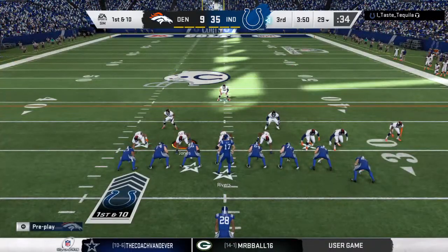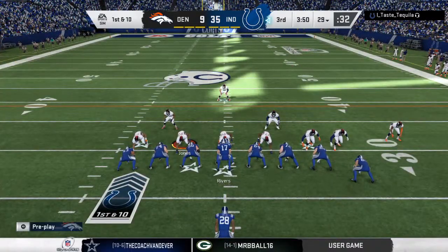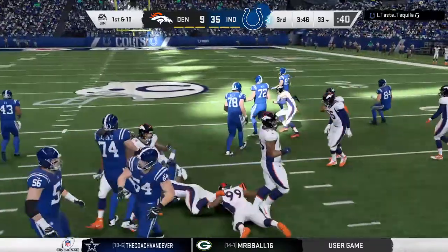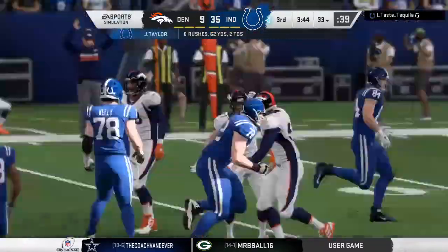The Colts come to the line ready to start their next drive. They've got the lead. Last time had to punt it, though. What's the key to this drive? I think it's leverage. The big guys up front. You know the